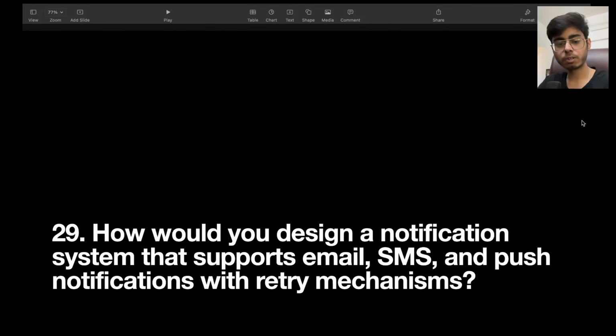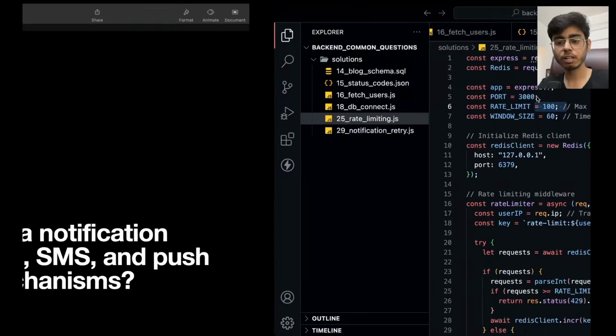How would you design a notification system that supports email, SMS, and push notifications with retry mechanism? So this is a coding question. Basically, you can give a very simple architecture, but I chose to give you the code itself. So here is the code,